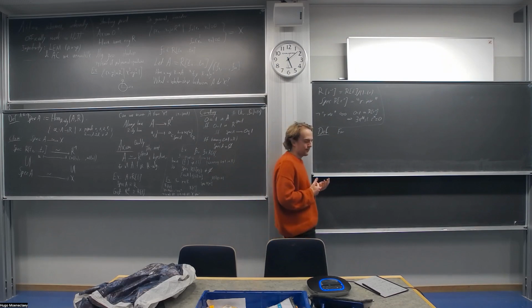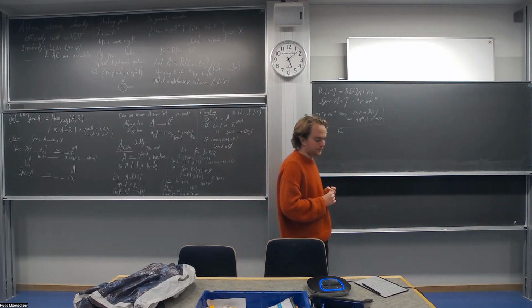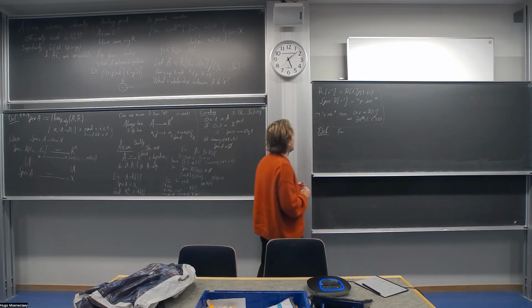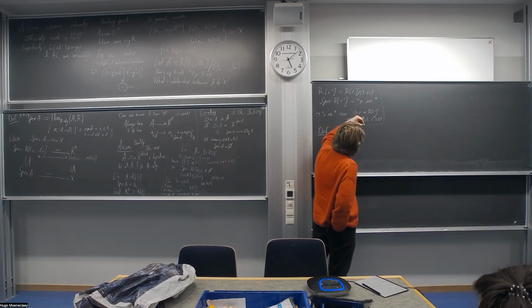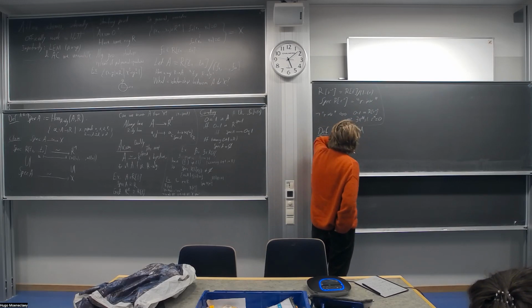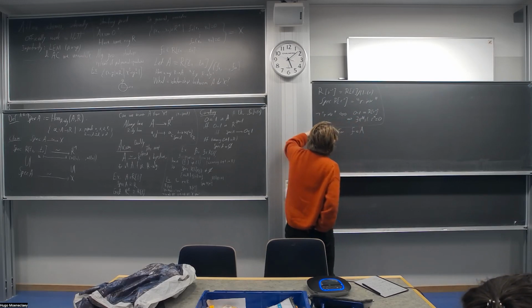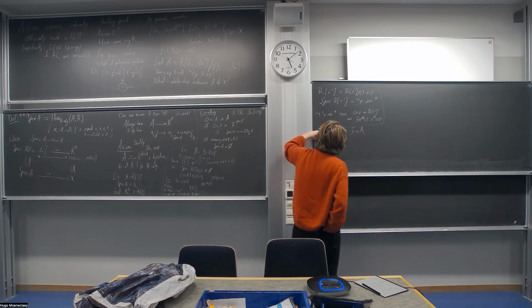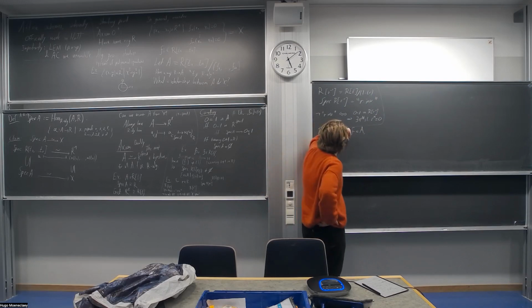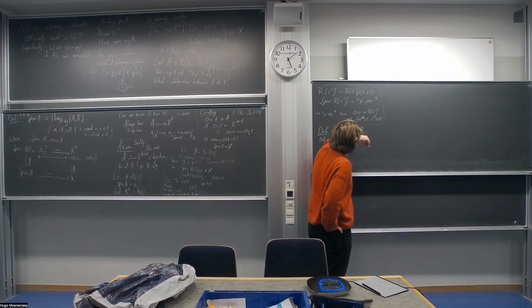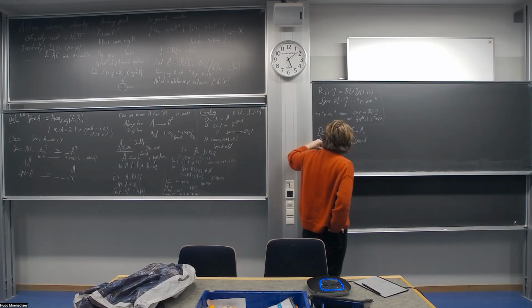So in particular, there's a good notion of open subset of an affine scheme. So let me write f for an element of A. Any element f of A determines a subset of the spectrum of A, which is